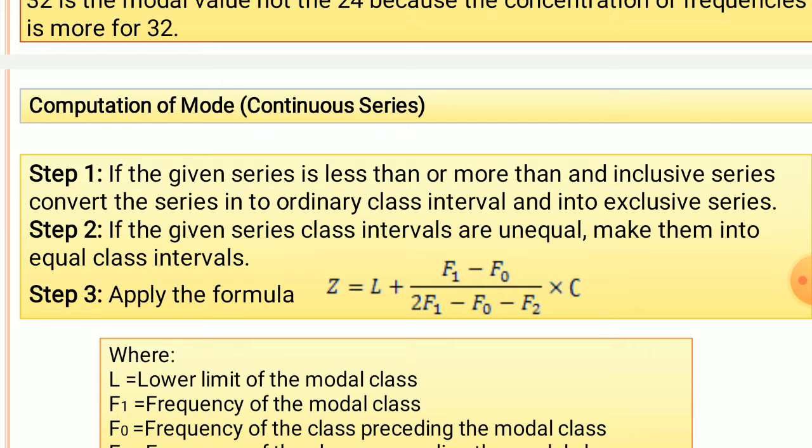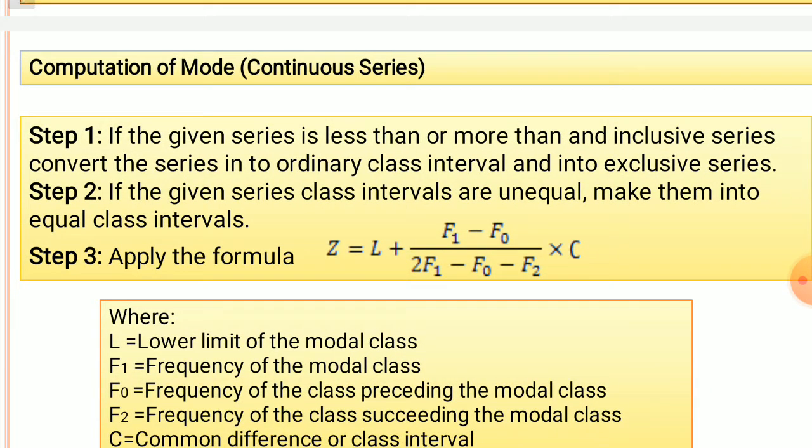And the second step: if the given series has unequal class intervals, we have to make them into equal class intervals. Then apply the formula. The third step is to apply the formula z is equal to L plus f1 minus f0